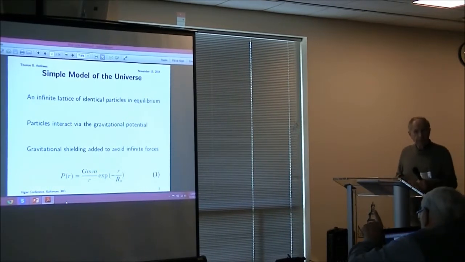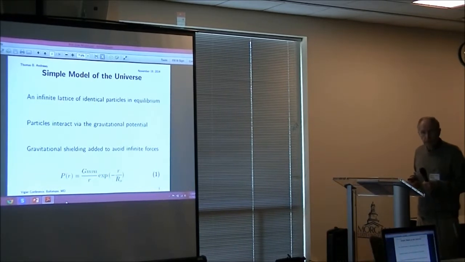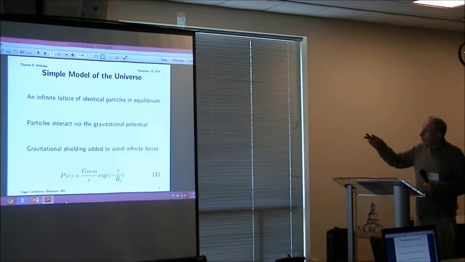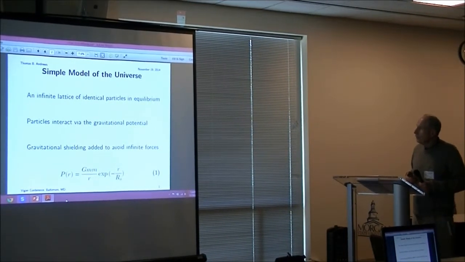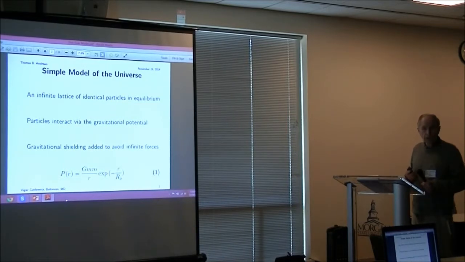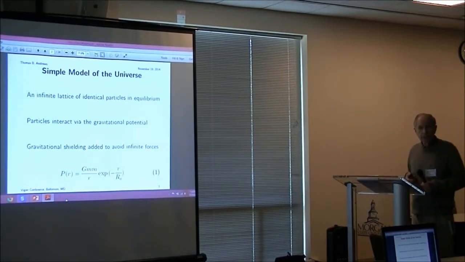We use the term fermions instead of particles? No, I would rather stay with particles. I'm calling these identical particles, and these particles have a mass energy, mc squared. At this point, I'm not assuming they have a spin. The spin, I believe, applies later on in the model, after I make some more deductions.